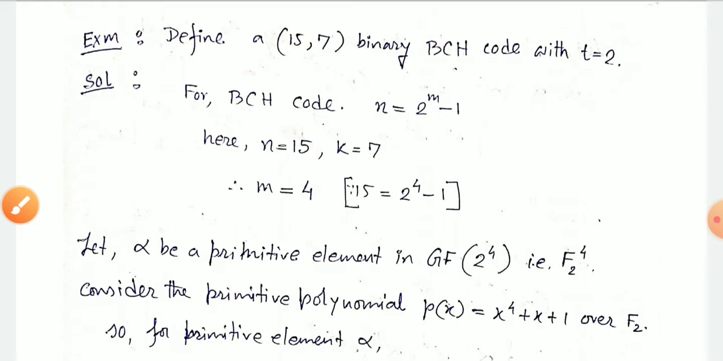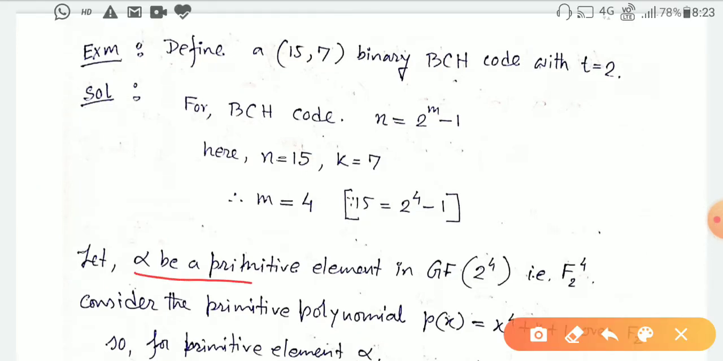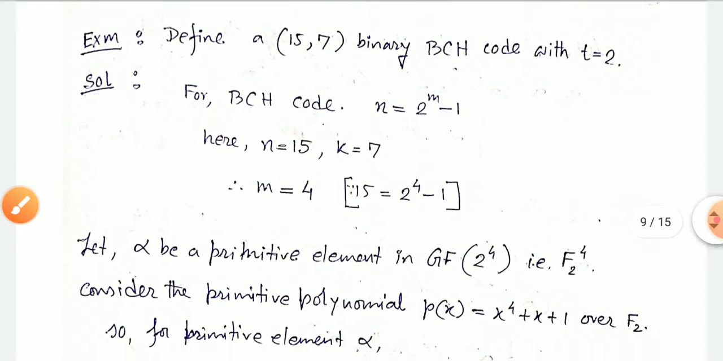To generate the generator polynomial in this BCH code, initially you have to identify the primitive polynomial. To get the primitive polynomial, first identify what kind of Galois field or primitive element you have to choose. Let alpha be the primitive element in Galois field 2 to the power of 4. The question is: why is this 2 to the power of 4, or F_2 with superscript 4? The answer is that